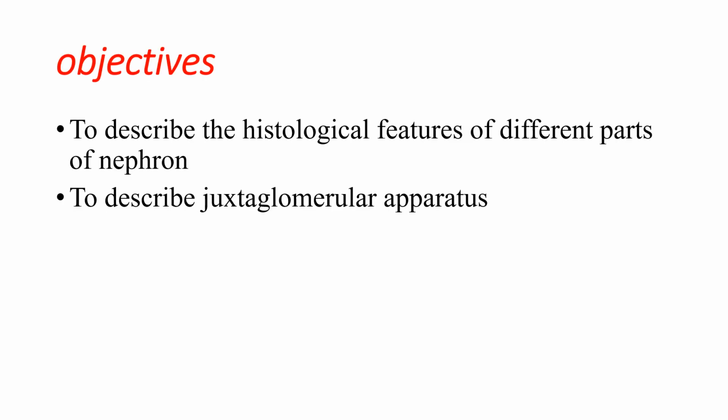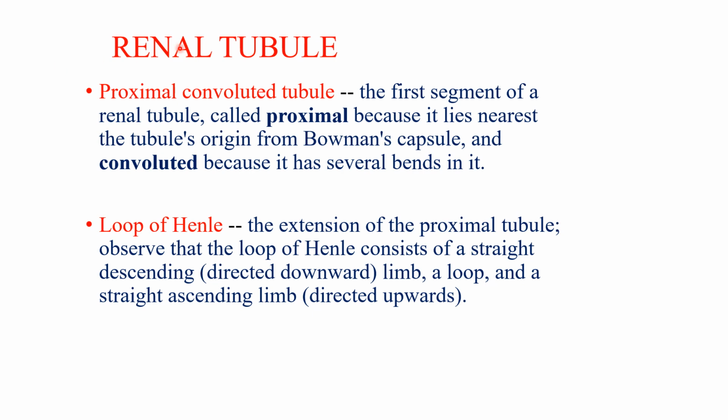The main objectives of today's lecture are to describe the histological features of different parts of the nephron and then describe the juxtaglomerular apparatus. So the renal tubule consists of the proximal convoluted tubule, the first segment of the renal tubule, called